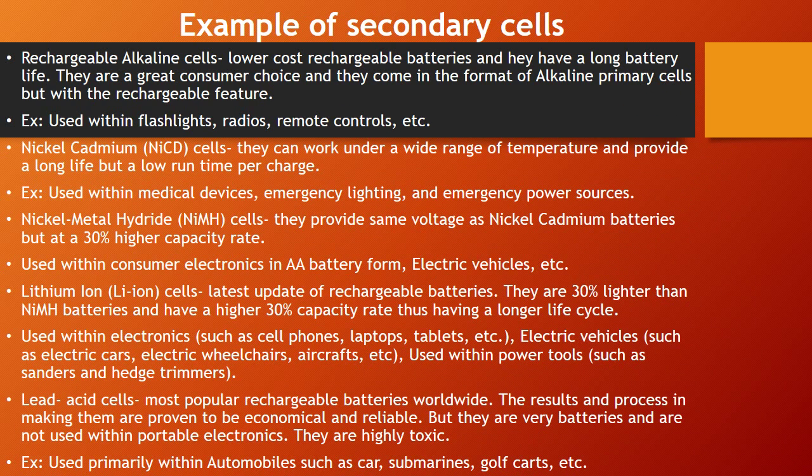There are many examples of secondary cells. The first example, rechargeable alkaline cells. These secondary cells come in the form of alkaline primary cells, but possess the useful feature of being able to be recharged. They are not toxic and can be disposed of easily. Rechargeable alkaline cells can be similarly used in portable products that use alkaline primary cells, such as flashlights, radios, remote